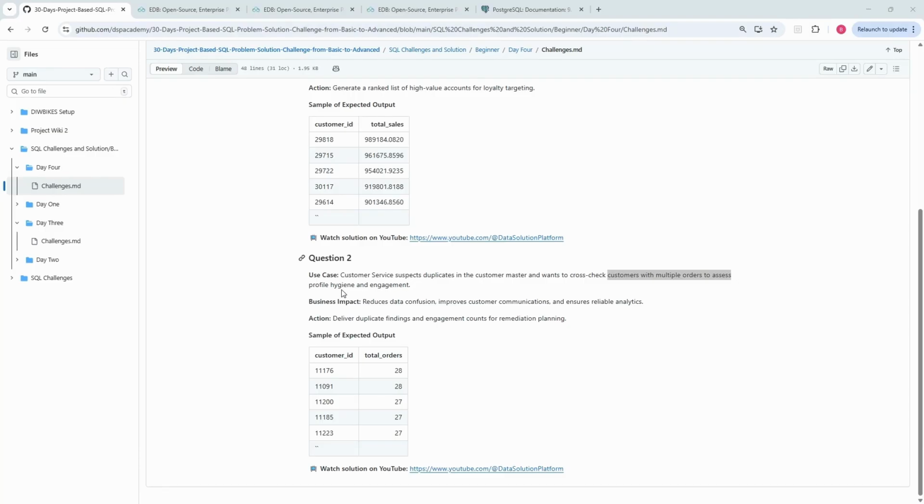All right, so this is day four, question two, and today we'll just be going deeper into some of the aggregated functions. Now, let's look at this use case right here. A customer service suspects duplicates in the customer master and wants to cross check customers with multiple orders to assess profile hygiene and engagement. Your task here is to deliver duplicate findings and engagement count for remediation